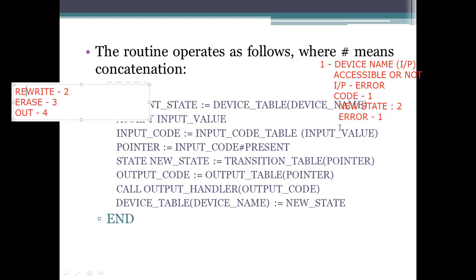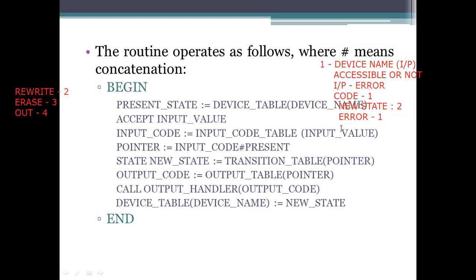What I have to do here, where I am residing has to be known here. I just check my device. So it is a starting of the recovery process. So the starting of the recovery process means what is the output code here? What is the output we need to specify? The output here is rewrite, which is having the code 2. Then it is been taken into the consideration.